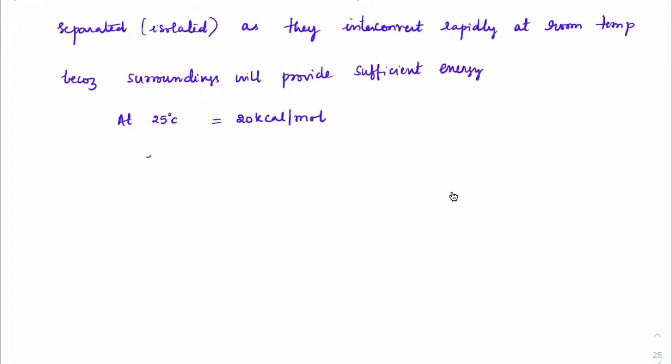Okay, so in fact, ethane will have a difference of 3 kilocalories per mole. Ethane can make a difference of 3 kilocalories per mole, which means within the minimum energy and maximum energy of that molecule, there is a difference of 3 kilocalories per mole.